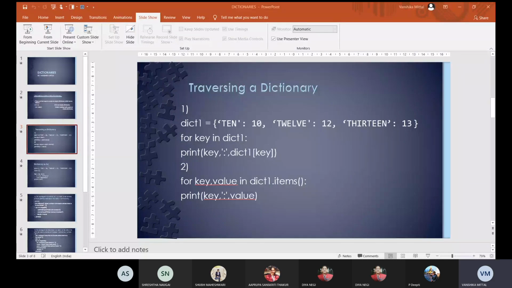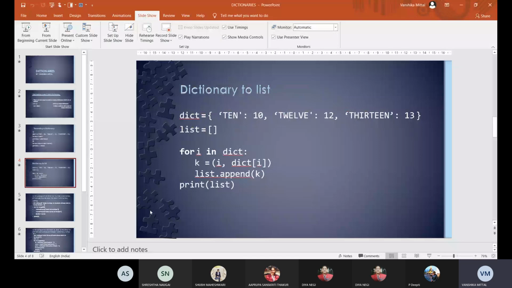So what it is going to do is, first of all, take each item and convert it into a specific element, one element of that given list, and then that converted item of the dictionary, as an element of the list, will be appended into the list. The same is repeated for all the items in the dictionary, and then all of them will be appended in my list, and then I can give this print function. So let's see it in Python.